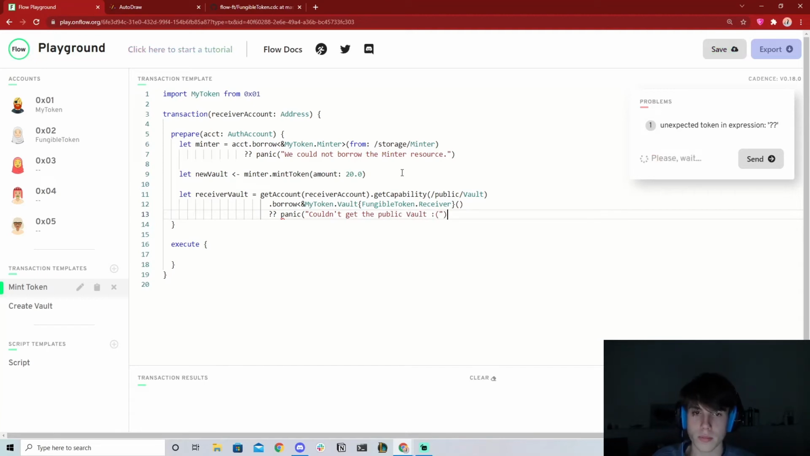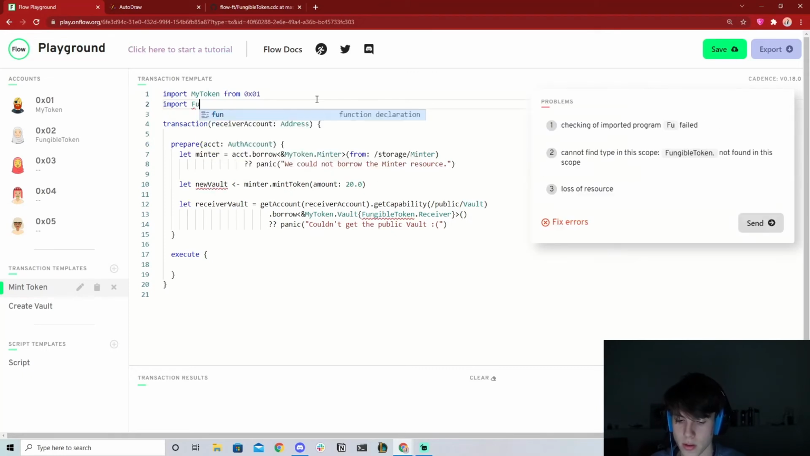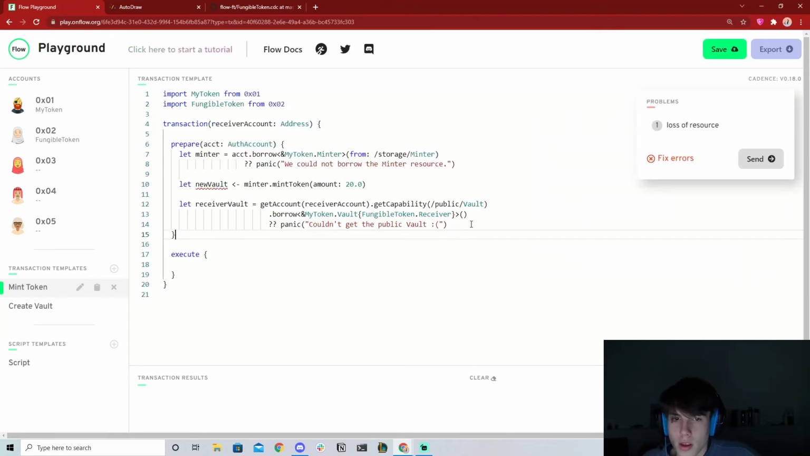Okay, cool. And so what's the issue here? Oh, I forgot to add a little thingy here, and I also have to import fungible token from account 2. All right. So then once we get their public vault, we can then say